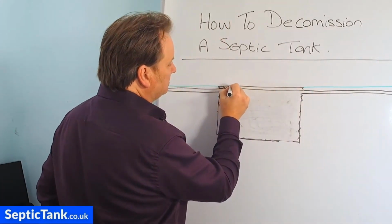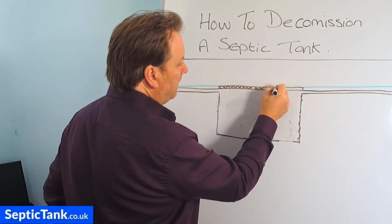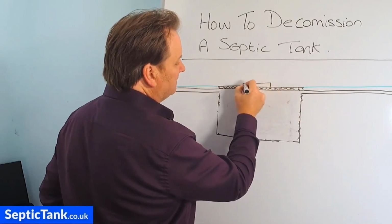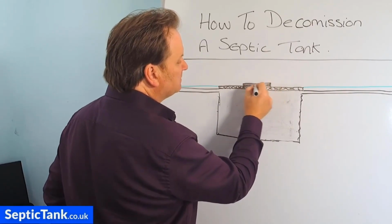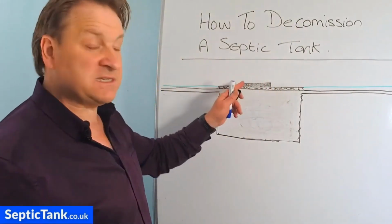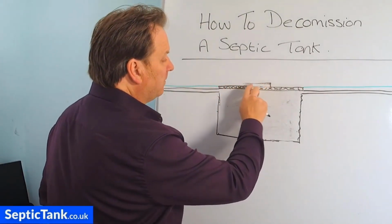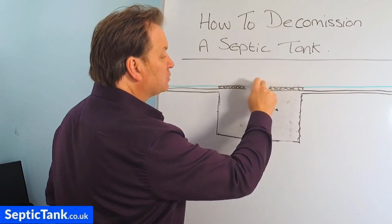And so imagine it's got these structural bars in there. All right, you've got it emptied, and you're digging a new septic tank somewhere else on your land or somewhere else in the garden. The simplest way that I found, and other companies have found, to decommission an old septic tank is to simply take the old lid off. Obviously that would be a hole there. Take the old lid off, and then get the topsoil